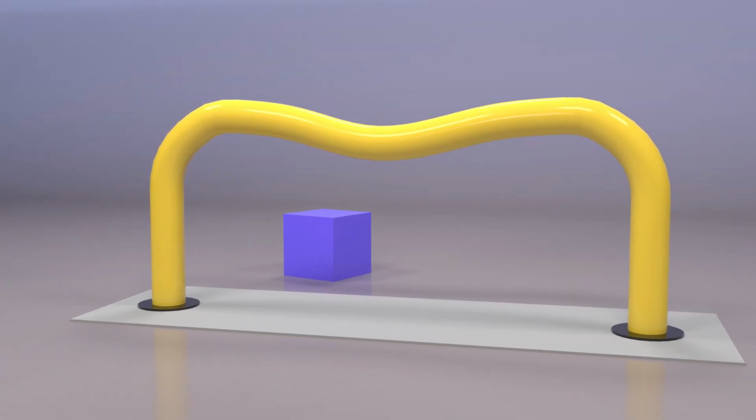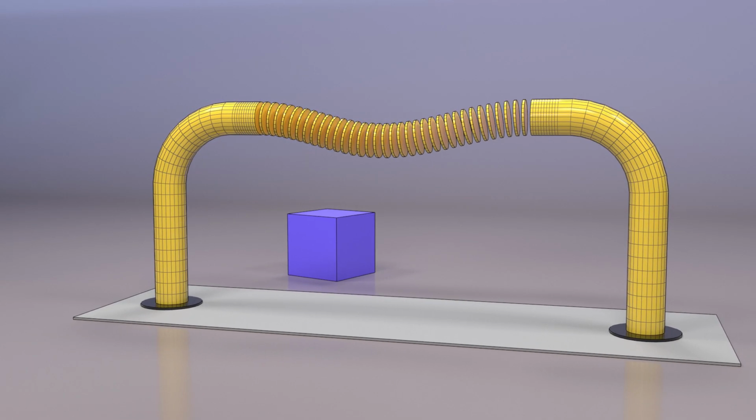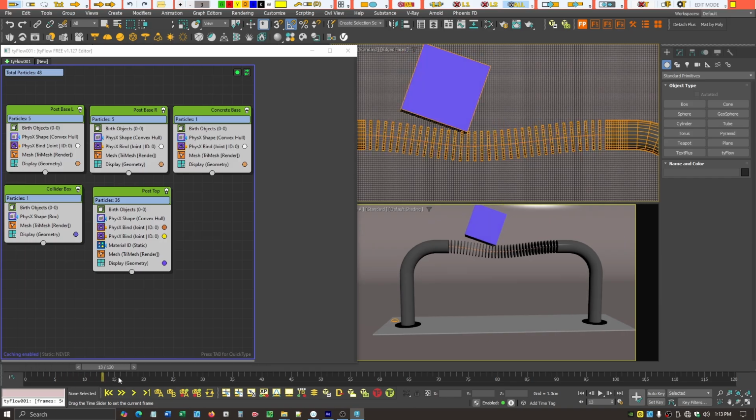So to close out this tutorial, we'll just have a look at the flow for the bendy U-post. It's the same kind of principle. I've got a bit of a concrete slab here that's bound to our black bases. That's because in this instance I don't want anything to move. I've used the same sort of base layout for the posts to ensure they don't move. I'm trying to control where the bend occurs, so I've got multiple segments of my bent pipe here that's then skinned. Alright, and once I get the angle of the result I want,